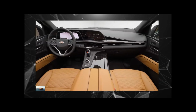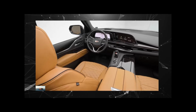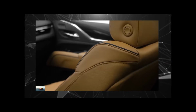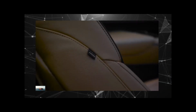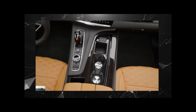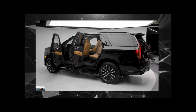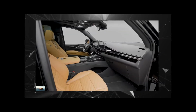$149,990. The Escalade V joins the lineup as the brand's most expensive model. It carries a $149,990 base price, including $1,795 for destination in the short wheelbase body style, and the long wheelbase ESV model runs the score up to $152,900. That's extreme pricing for an SUV. In addition to the V engineering and equipment, electronic limited slip differential, Brembo front brakes, interior trim, V mode, etc., it's equipped like the former top-of-the-line Sport Platinum model, which starts at $106,465. The move to the V is a whopping